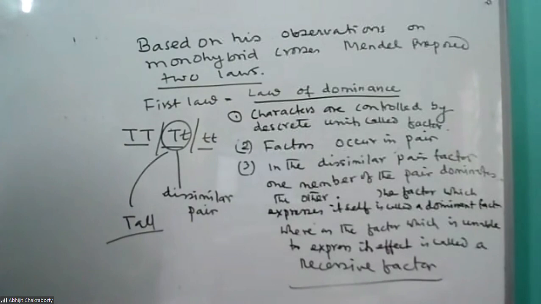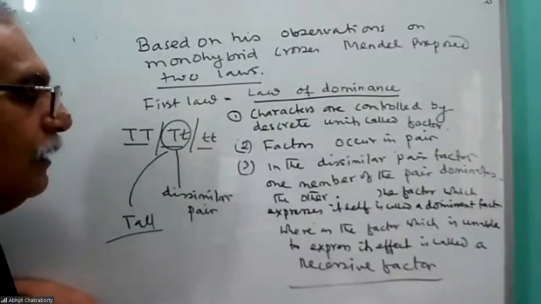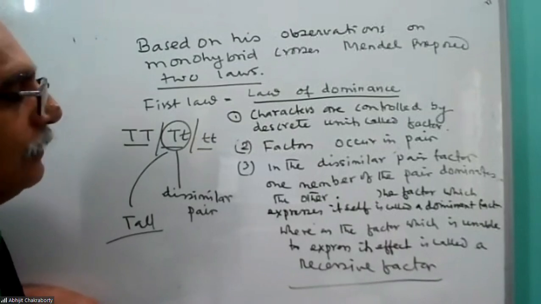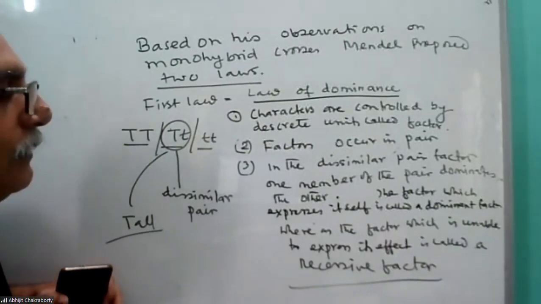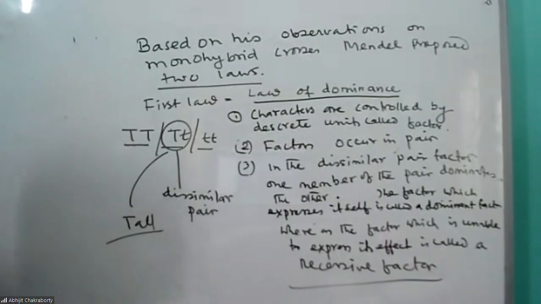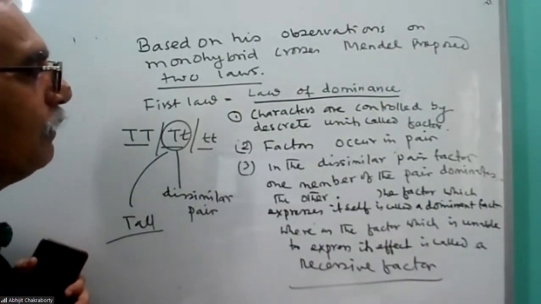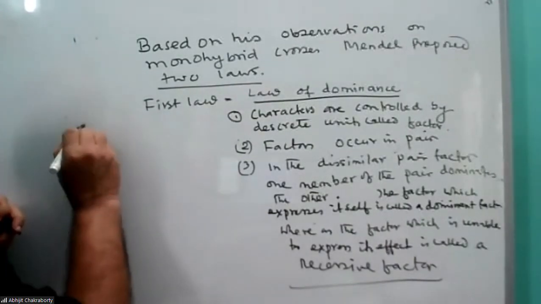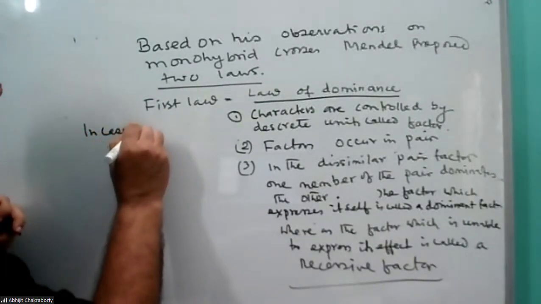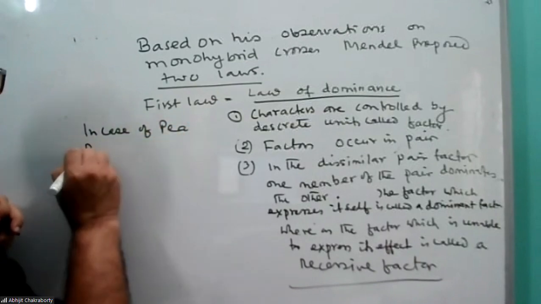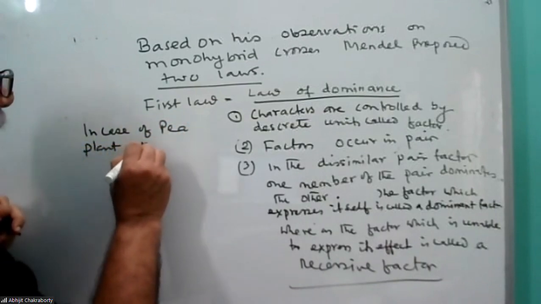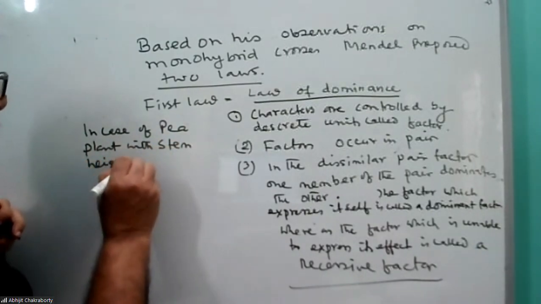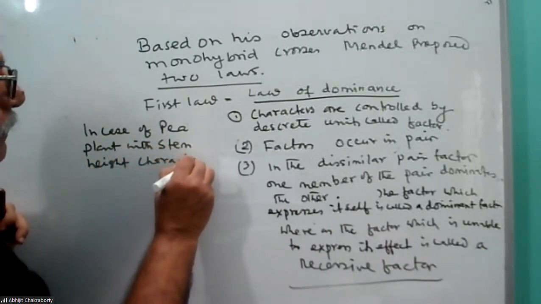The factor which expresses itself is called a dominant factor, whereas the factor which is unable to express its effect is called a recessive factor. So in the case of the pea plant with the stem height character,